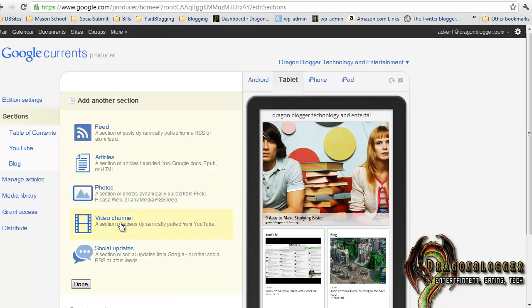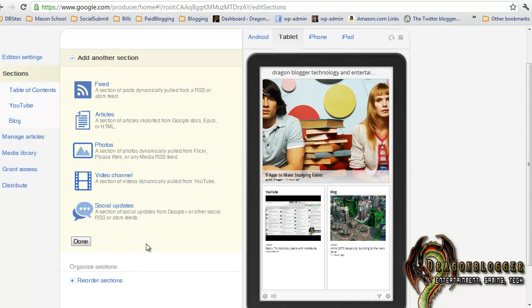Again, video channel, pull in videos from YouTube's. You can even pull in social updates from Google Plus or other social network feeds as well. Though typically a magazine of just feeds is not going to be too ideal for a magazine on Google Currents. Once you're finished setting up all the feeds and all the imports you want for your magazine, press the Done